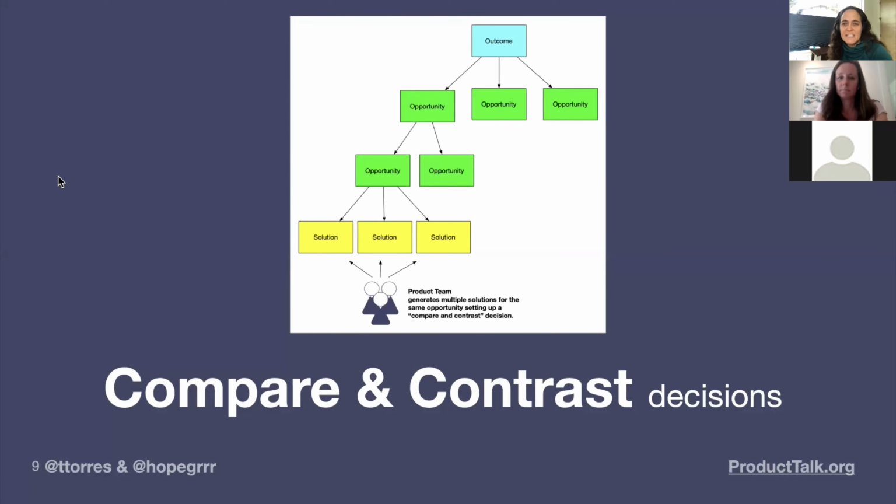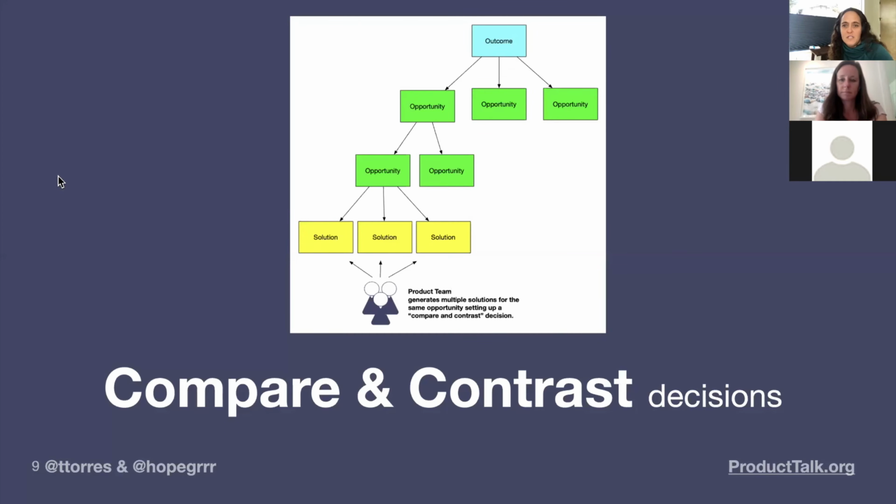So I think one of the easiest ways to get to compare and contrast decisions, if you're just working with one solution at a time, is to get in the habit of asking, what else could we do? Right? So we have this great idea. It's the top of our backlog. We're about to start working on it. How do we bring in this idea of opportunity cost? Every time we do something, we have the opportunity cost of all the things that we can't do. So how do we start to surface those so we can compare and contrast?